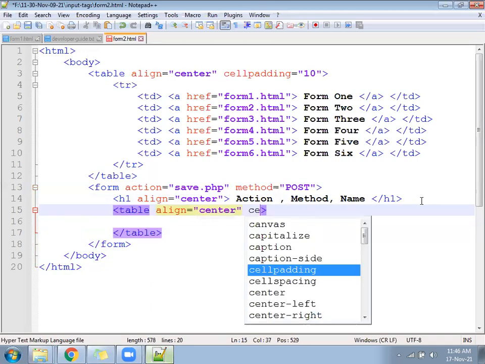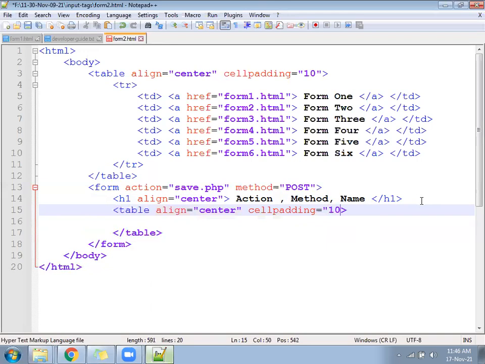Cell padding 10, 10 we can write. Come inside. Action, method, and then name.